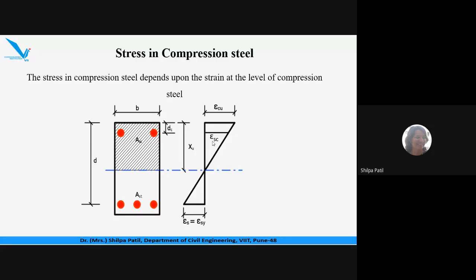FSC is the stress in steel in a compression zone. So we already know the relation between stress and strain by Hooke's law. What is that? Can you recall Hooke's law? Stress, in an elastic limit, is directly proportional to strain. Correct. Stress we represent by F and strain we represent by epsilon. So the ratio F upon epsilon is a constant. And that constant term is identified as